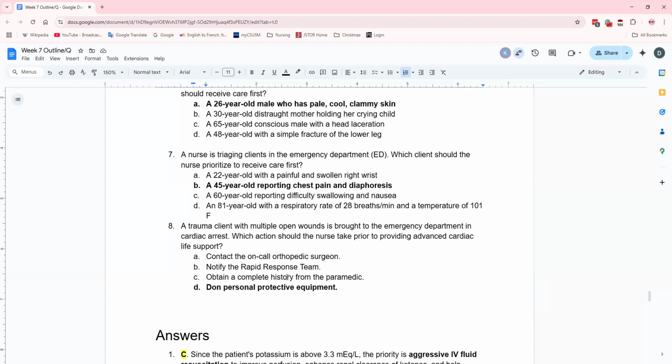The rationale is you take care of yourself first before you take care of others. Because if you don't take care of yourself, then if something happens to you, that person's gonna go down anyway. It's that idea: if you get harmed that way, then you can't continue on. It's kind of a funny question, but it's the same concept as putting the air mask on yourself before you put it on your child.